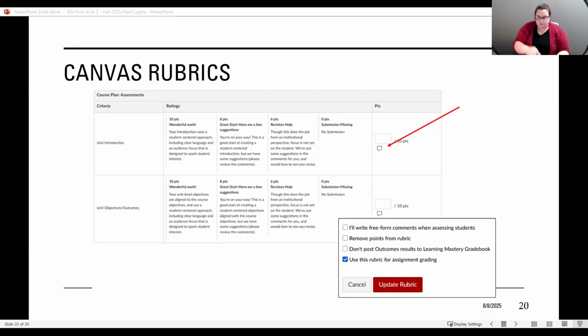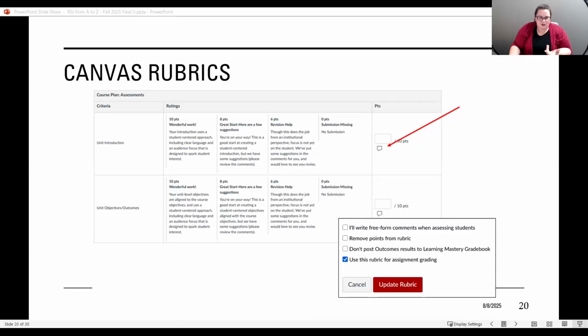As a reminder, when you are using rubrics for grading, you want to check the box that says use this rubric for assignment grading if you want the scores to sync back into your grade book. If this box is not checked, the scores will display in the rubric, but they won't automatically be entered into the grade book.